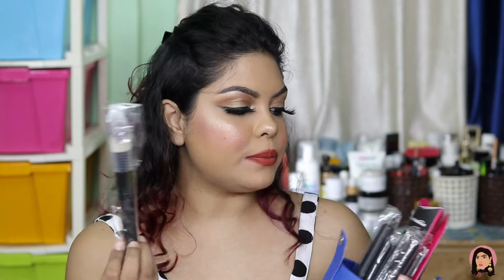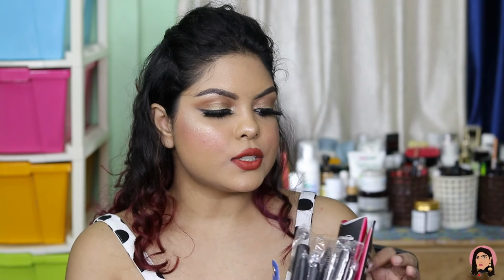So let's see. This is the brush holder, and inside this they have the brush. So here are all the brushes I have received. So if you guys want to see a first impression of these Cups and Lashes brushes, let me know. I think I have the face and eye makeup brushes as well. So yeah, I'm definitely looking forward to trying this out, you guys. A lot of people wanted a review, so let me know if I should do a review of this or